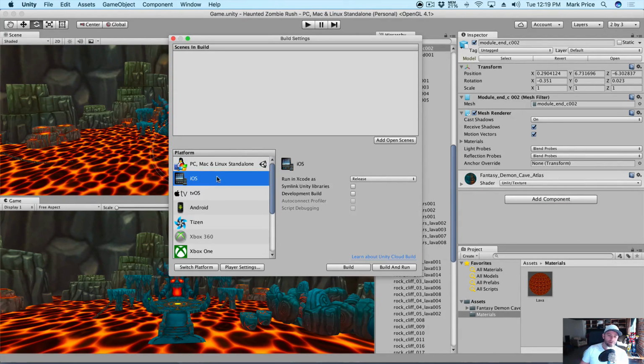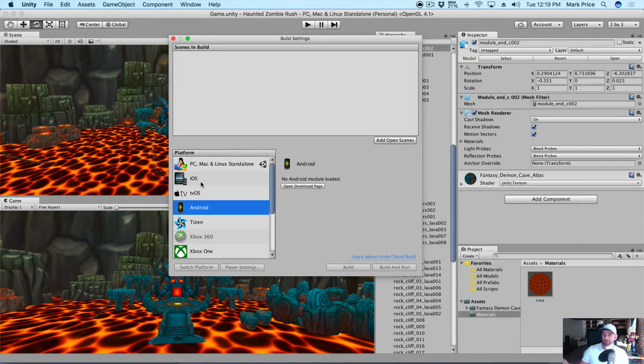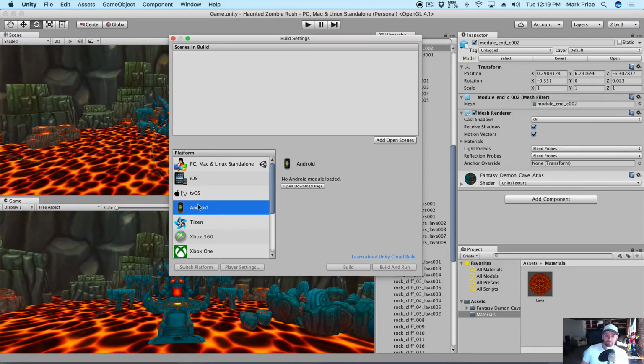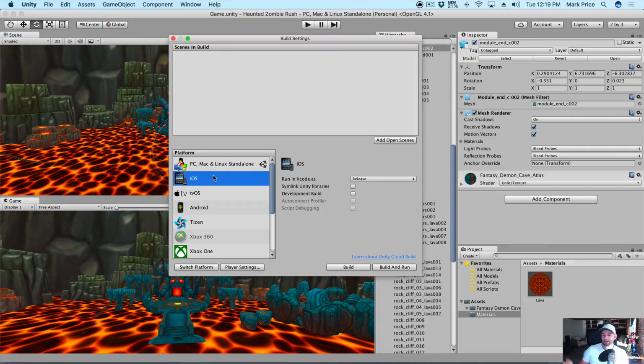Okay, right now we're on PC, Mac, and Linux standalone. And I think what we want to do is iOS. And we could do Android. If you want, you can do Android, but we're going to just start off with iOS. If you are working on a Windows computer, of course, you won't be able to do iOS. You won't be able to at least export with Xcode and things like that. So you may want to choose Android. And a lot of the things will be very similar. But we're just going to pick iOS. And again, this is completely applicable to anyone who doesn't do iOS. Again, choose Android, or you can even leave it in PC Mac mode if you absolutely want to, but we need to talk about switching platforms, especially one that's in portrait mode, because a lot of games